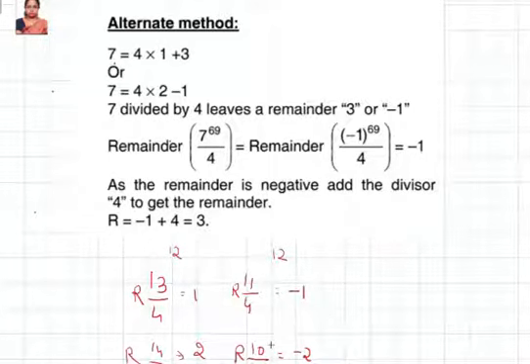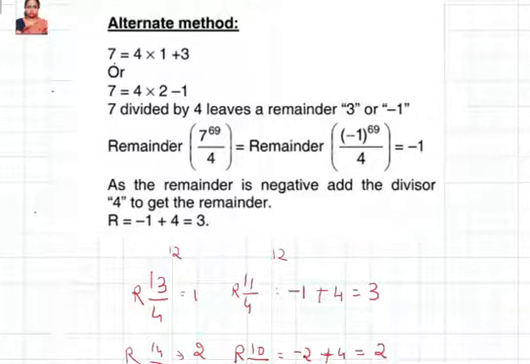Okay. And now, you can't use this negative remainder directly. So whenever you get a negative remainder, you just have to add the divisor to that to get the actual remainder. So the actual remainder is 3. Okay. So here, in this case also, you're going to add the divisor, that is nothing but 4, and you get 2 as the answer. Okay. So the same thing you're going to extend for any bigger number.